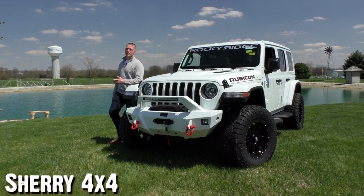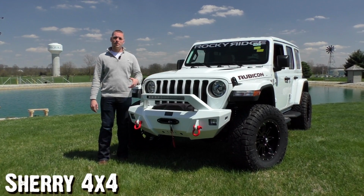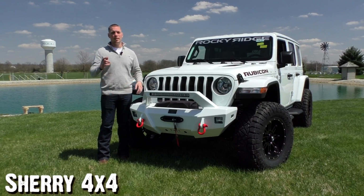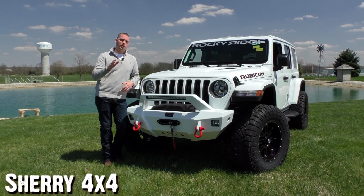Well, there you have it, guys. That is the 2018 Jeep Wrangler Rubicon JL. I love this thing. This thing is fantastic. It is gorgeous. Jeep is definitely moving in the right direction. Hats off to the guys at Rocky Ridge. Those guys knock it out of the park every time. But I do want to reassure you guys,